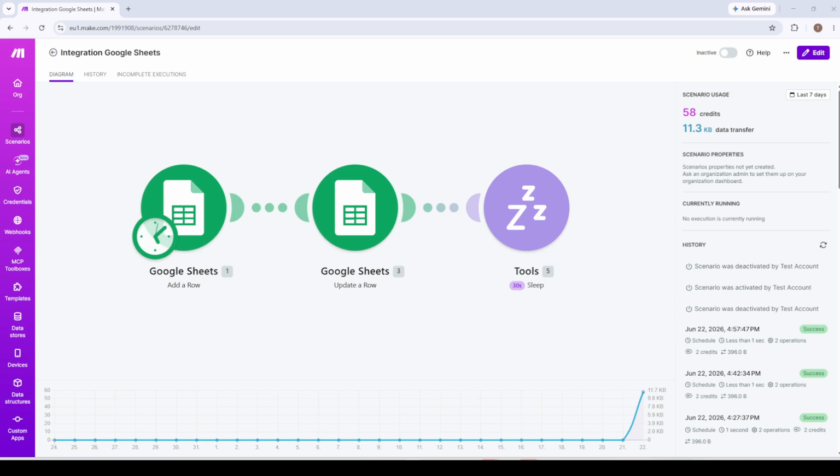In today's video, I'm going to show you how to re-enable a scenario and verify your schedule settings in Make so your automations start running exactly when you need them to. Make is one of the most powerful no-code automation platforms out there, and knowing how to confidently switch your scenarios back on and confirm they're scheduled correctly is one of those foundational skills that saves you a lot of frustration